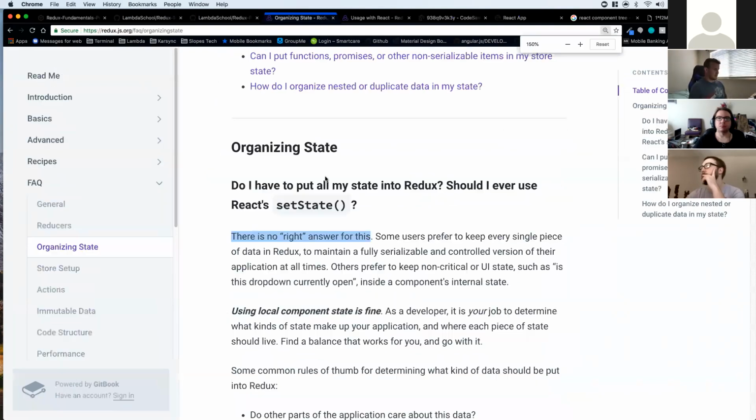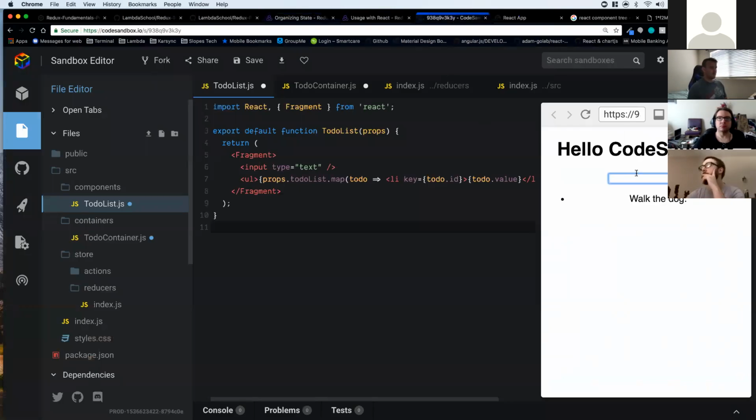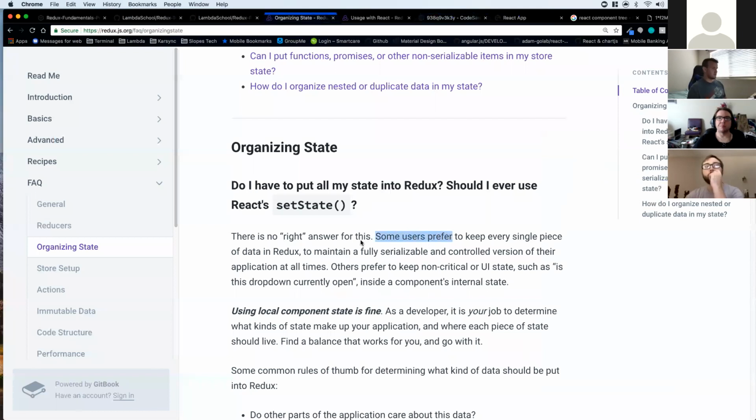Well, there's no right answer for this. Well, of course you would say that. Dang it. Some users prefer to keep every single piece of data in Redux. So if we wanted to, we could handle the input text inside Redux, and every time we type, it would invoke an action creator and go through our reducers, and our state would be updated. And then this component would update with the new character that we typed. So we could do that, and some users prefer to do that. And there's some reasons for that, and they list